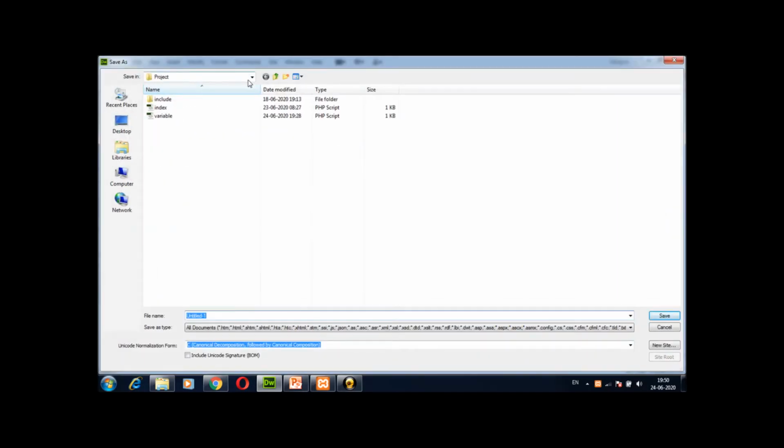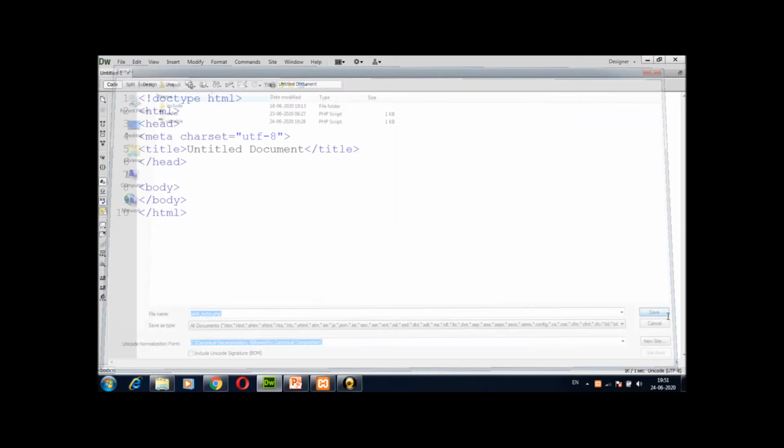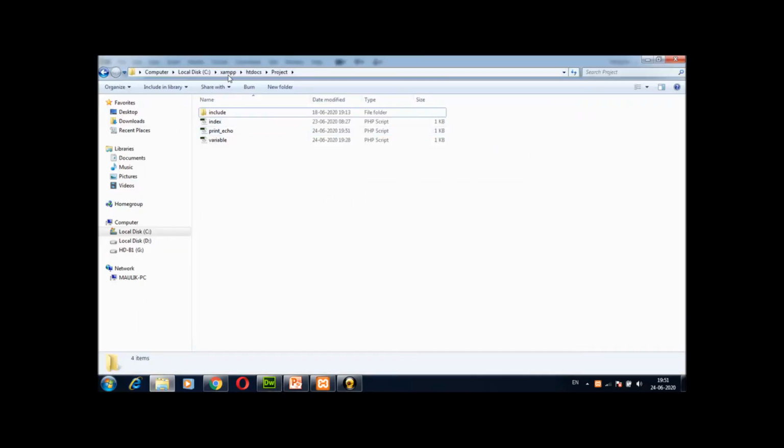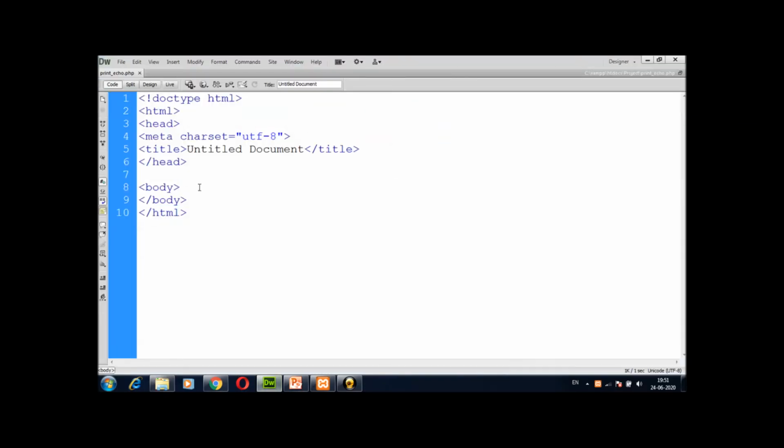I have set the location completely. I just have to rename this file from untitled to print.php. Now save. My PHP file is saved in my htdocs project folder print_echo.